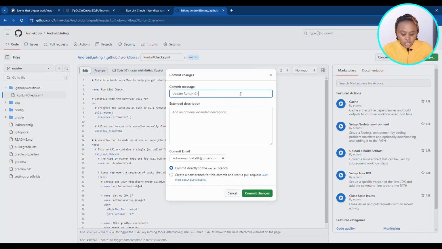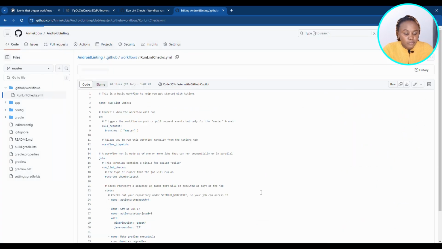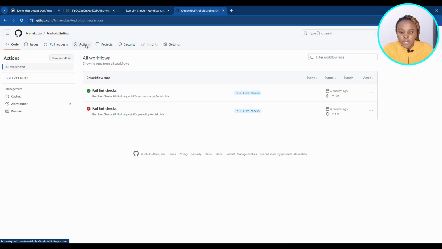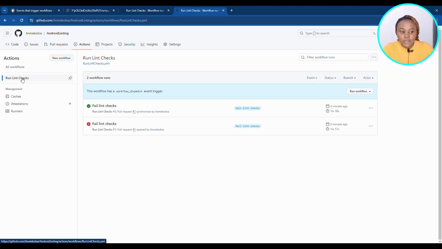Let's commit changes. And commit this to our repository. Refresh. So if I go to Actions tab,